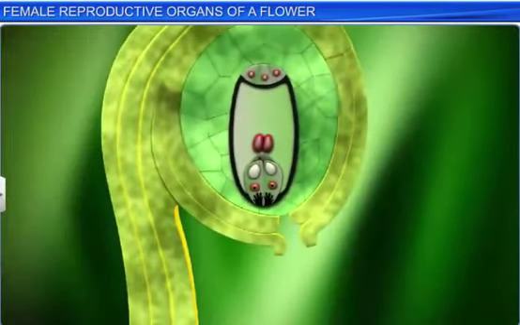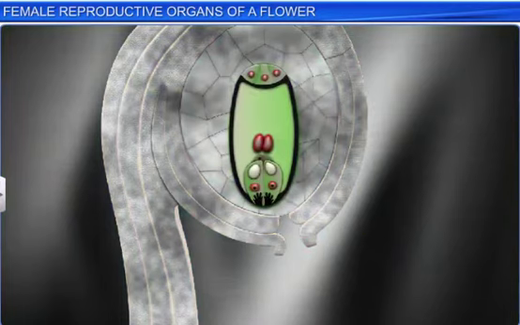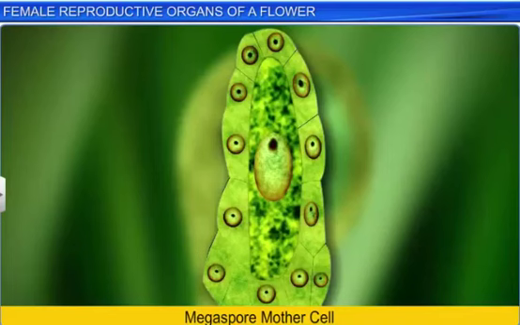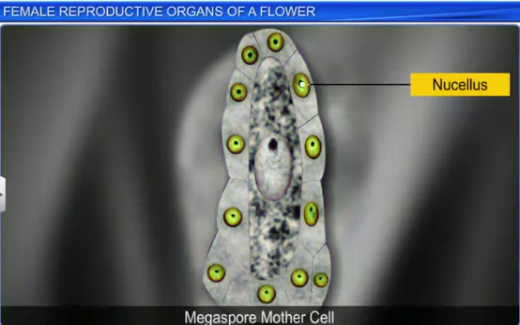In the nucellus of a mature ovule lies the embryo sac, the female gametophyte, which develops from a megaspore. This megaspore is formed when one of the nucellus cells, towards its